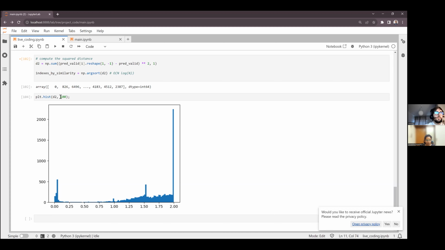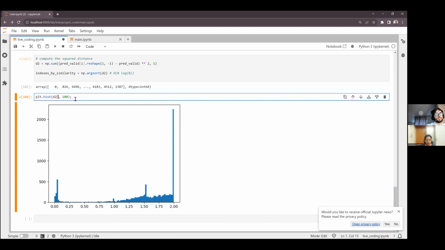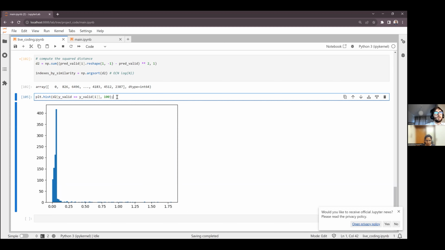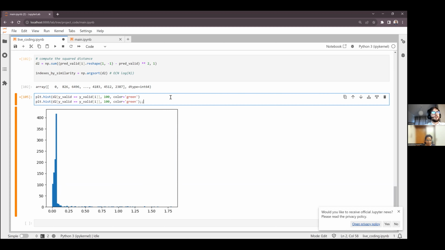Now maybe one way to understand if the performance is good could be to do something like that. We look at when y_valid is y_valid[i]. So this is the distribution of the items that are in the same class, maybe color equal 3. And we can do the same for items that are in a different class.